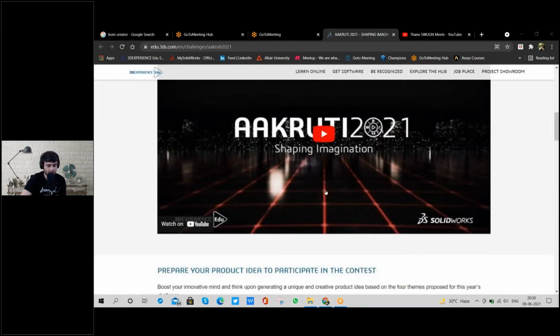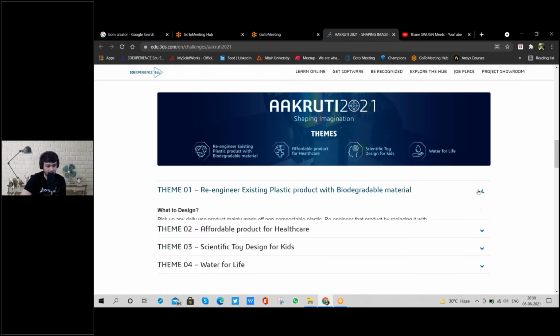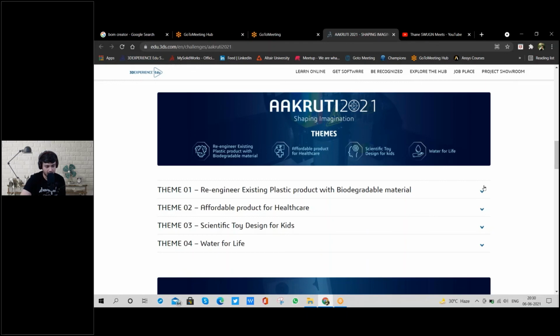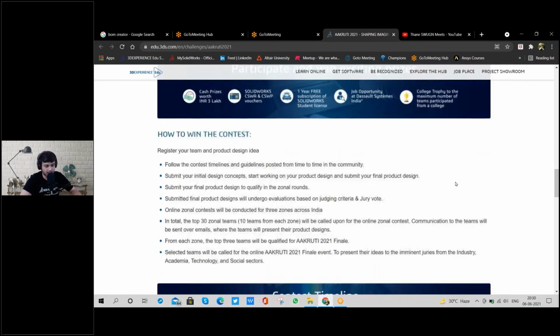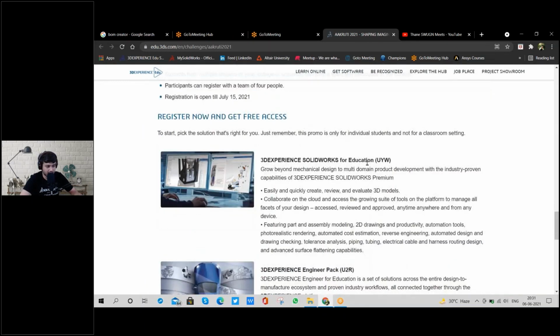You can get a quick insight about the Akruti competition, the topics, a detailed explanation of what is expected from you as a student, and insights about the exciting prizes. The winning team gets great prizes, and participants are also appreciated. You have all the basic details right from the registration and the access to the community.